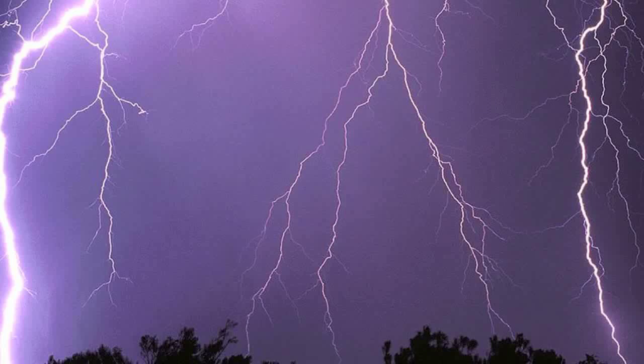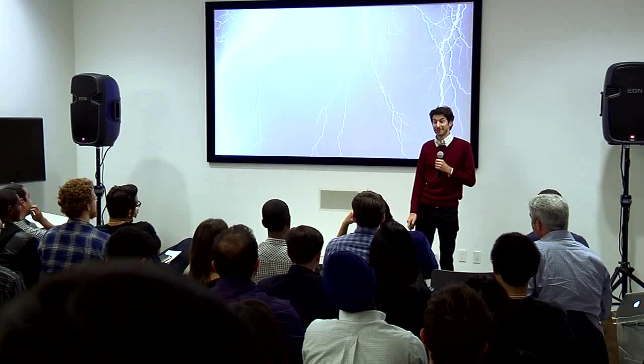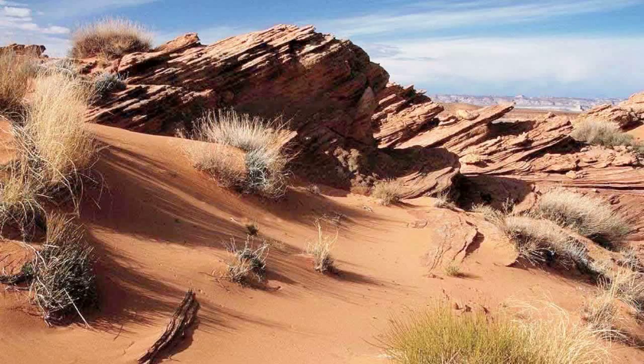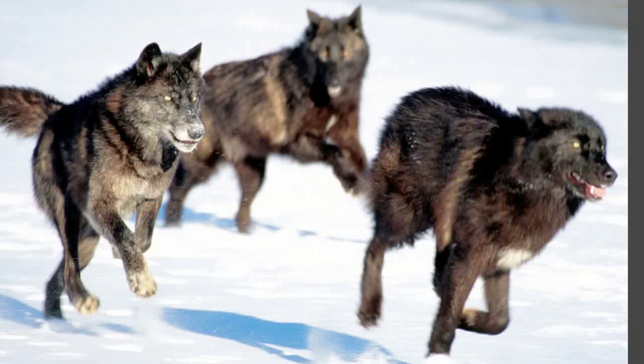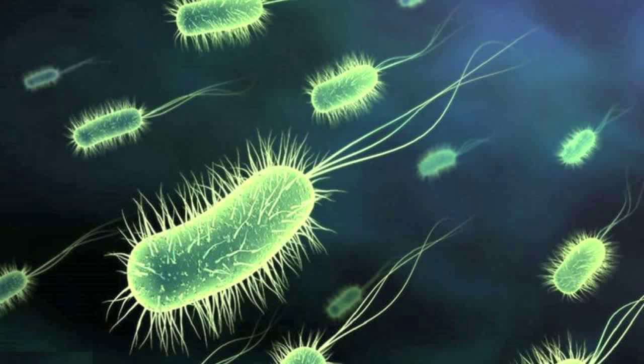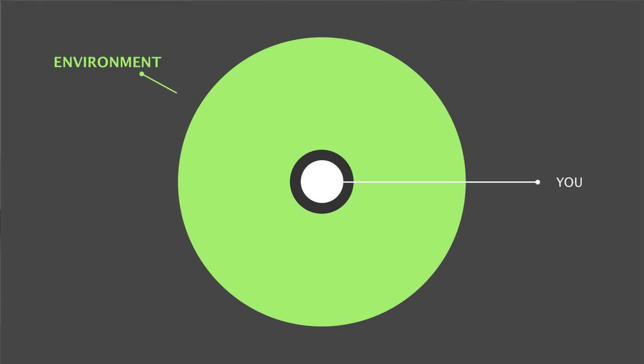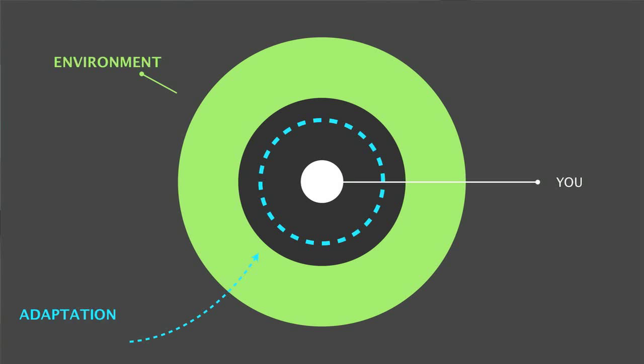It's a hazardous place. There's a lot of storms and natural disasters. There are hostile environments that make it difficult to find food, to find water. Our constant need is continuing to survive. We've got predators out there that are trying to eat you, and diseases that are trying to eat you from the inside. I don't even know what this is, but it sounds scary. And so you're sitting here in this environment trying to survive, and it's throwing all this stuff at you. You've got to figure out a way to stabilize it somehow and continue to exist. So we do that through a process of adaptation.